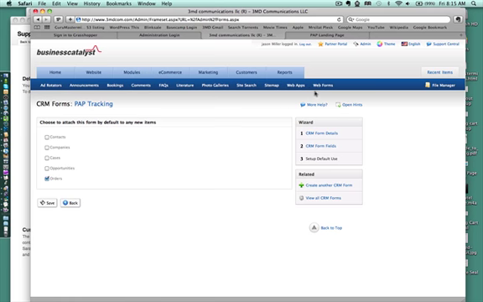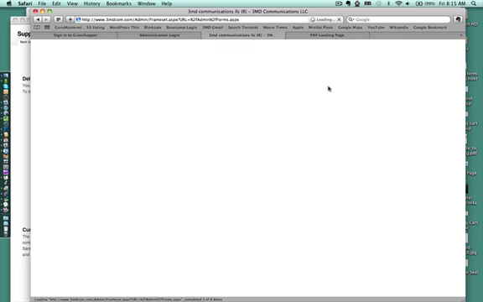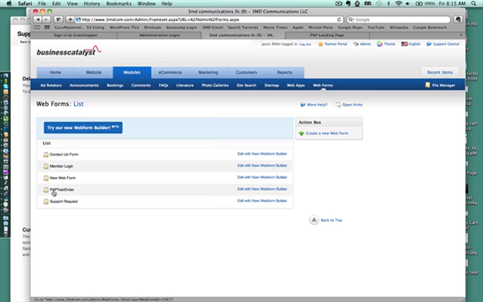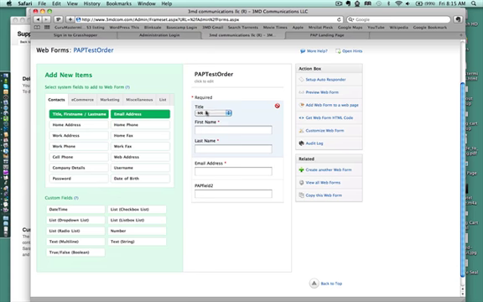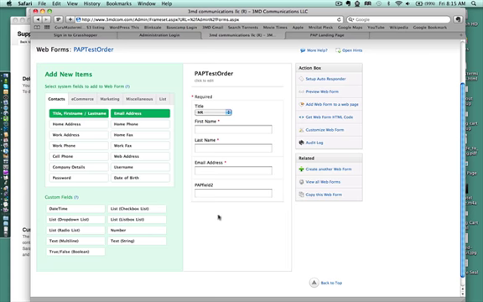Then in modules, I went into web forms and created a PAP test order form. Here it is. So basically, this is required. In the HTML, you can chop this out, but it's not important. Then we have email address, and then this is where the custom field gets stored. You can add more, drag and drop them. You can do whatever you want here. But to get to the point,